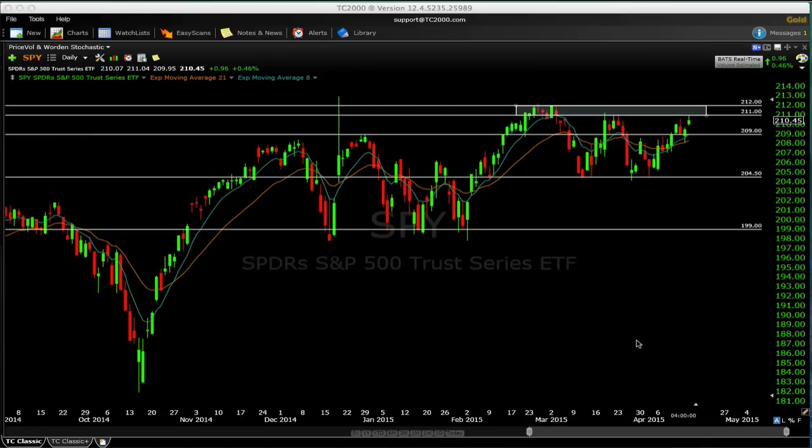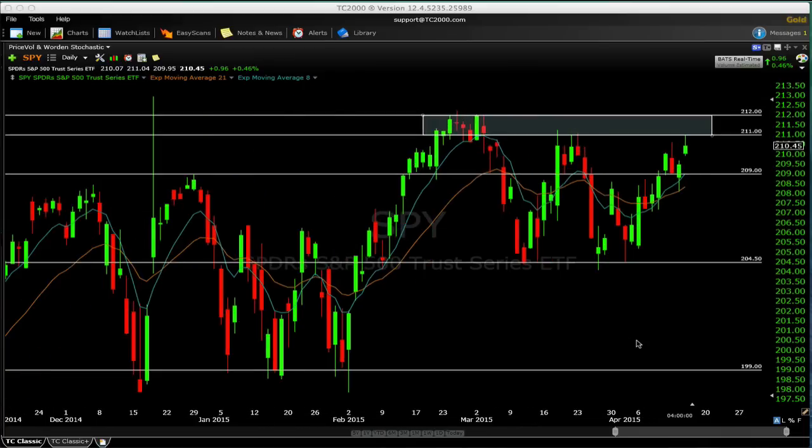Today we had a nice session for the bulls, up almost 0.5% in the S&P 500. Let's take a look at where we are. You can see we are rallying back to the top end of this range, basically right near all-time highs. We've got this band of resistance between 211 and 212 that we need to break through. That's sort of the last hurdle that the bulls need to get through in order to break this market